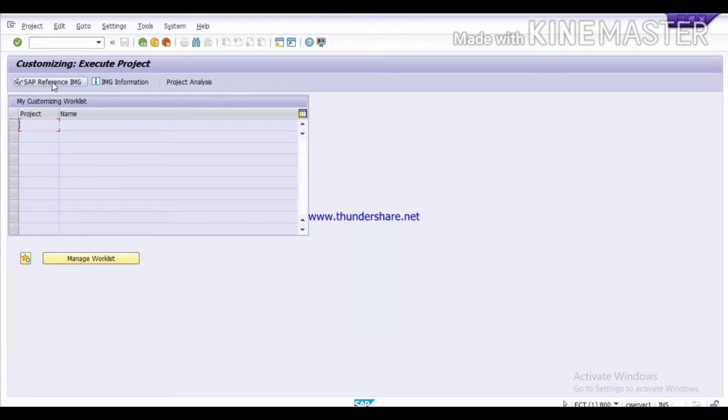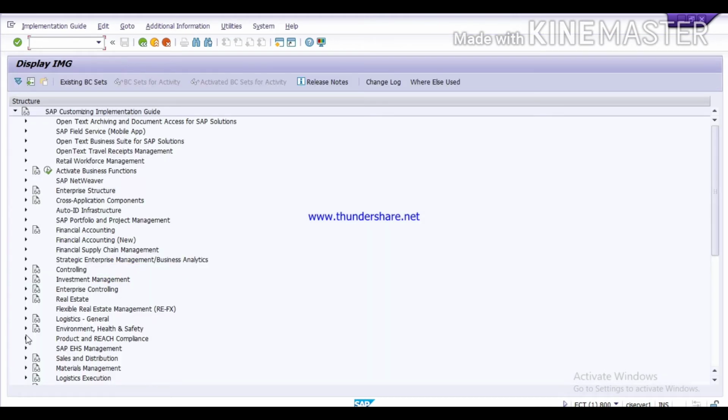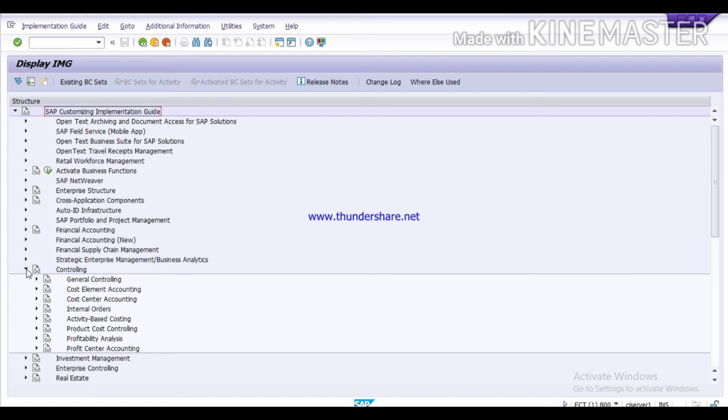Click on SAP Reference IMG tab. Controlling. Click on Profit Center Accounting.